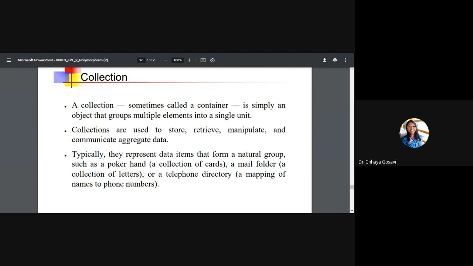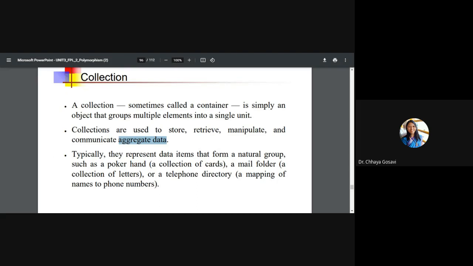A collection, which is called a container, is simply an object that groups multiple elements into a single unit. Collections are used to store, retrieve, manipulate, and communicate aggregate data, meaning groups of data, in the form of a list, a tree, or a set. You should be able to store, retrieve, and manipulate that data in different ways.